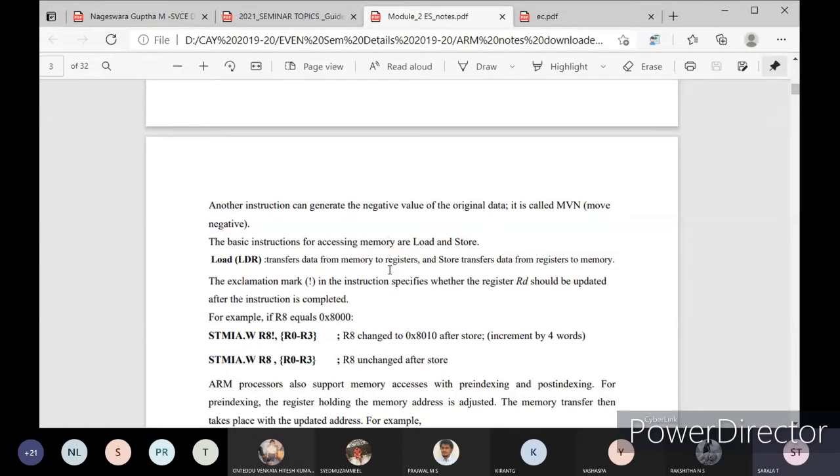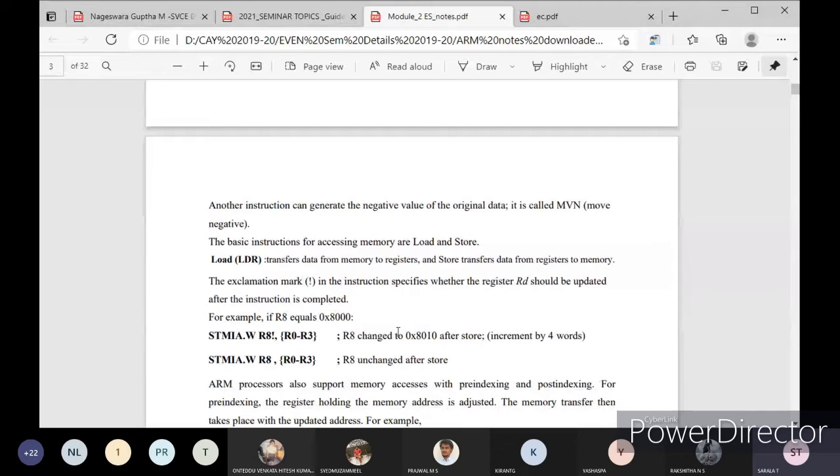If one register has an actual value like 32 as a hexadecimal number, and you want to transmit that information to another register but in negative format, then you have to use the move negative instruction, that is MVN.